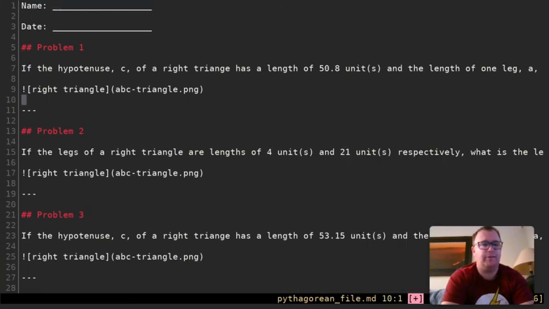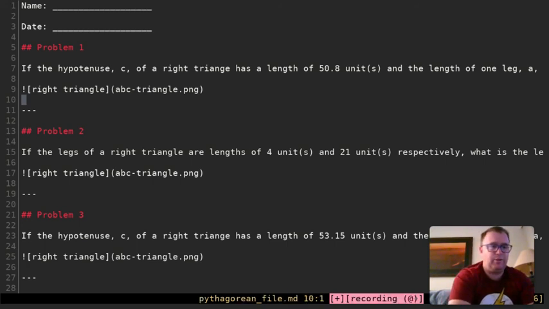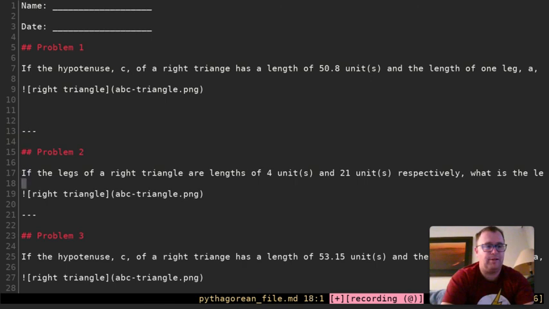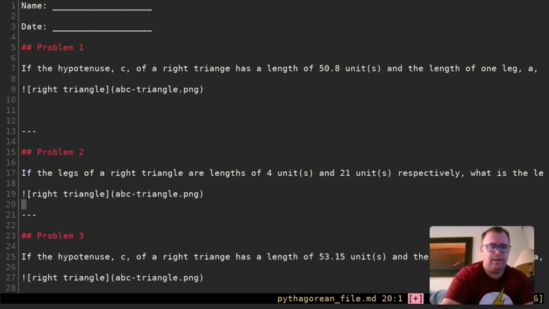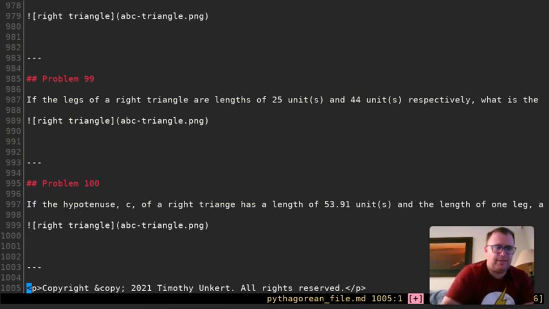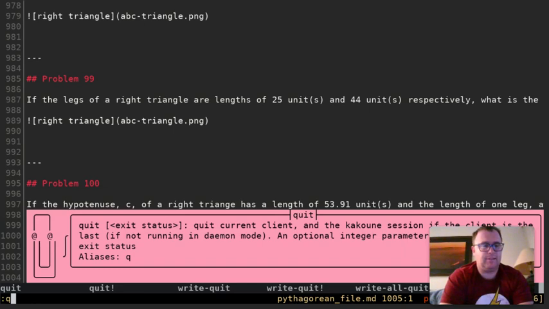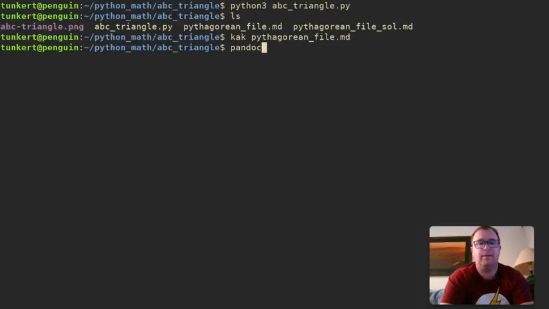Let's do a macro here. Shift Q, insert, space, space, escape, go down to here. Shift Q to end the macro, then 99 lowercase q. And okay, so we got that. Formatting's good. All right, let's quit out of here, run Pandoc,